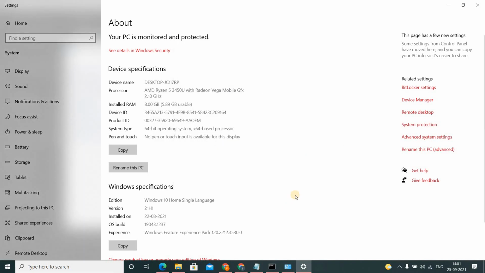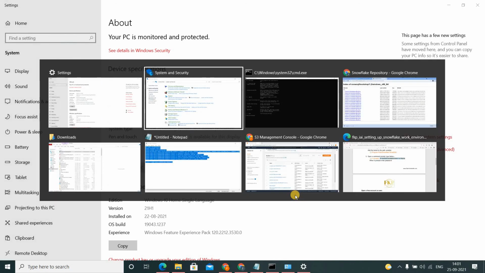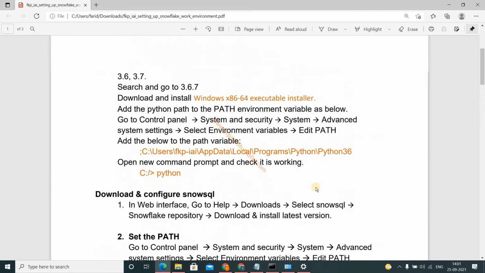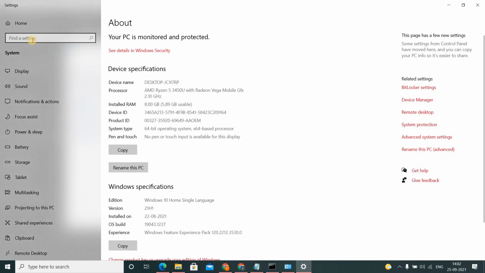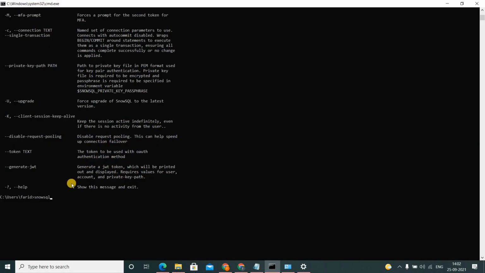If you are on Windows 7 or an earlier Windows version, you need to follow this path to edit your path variable, which is related to your system environment variables. Okay, so now type this command SnowSQL at our command prompt and say -a.